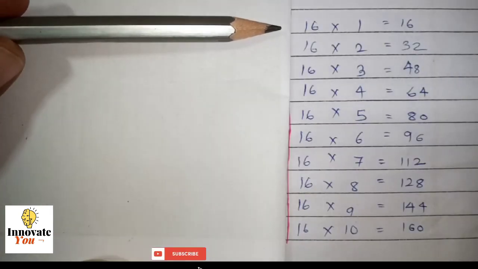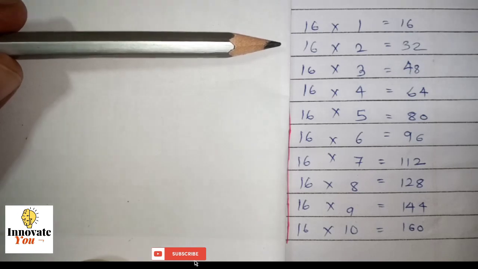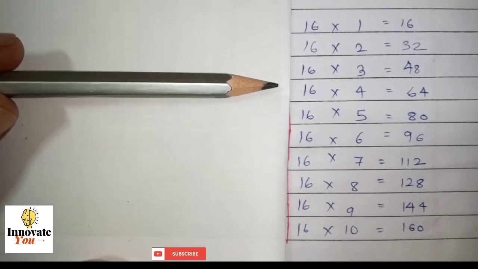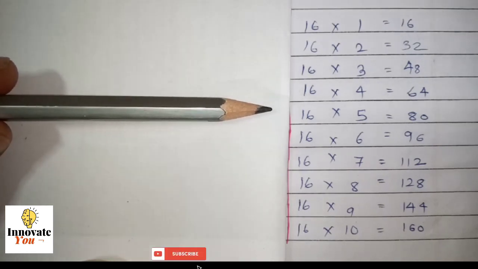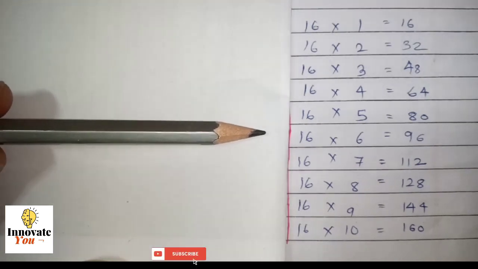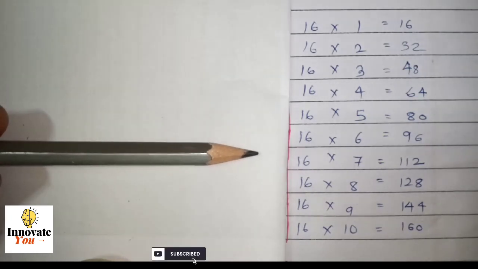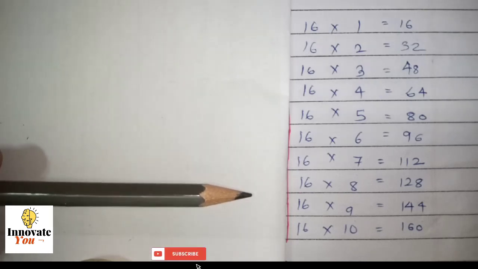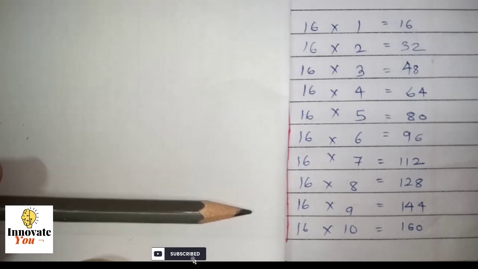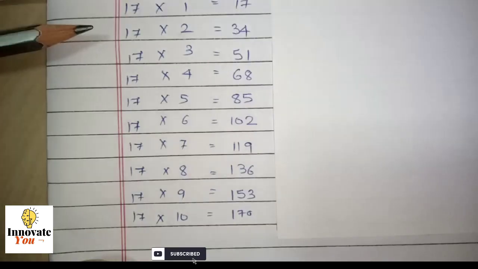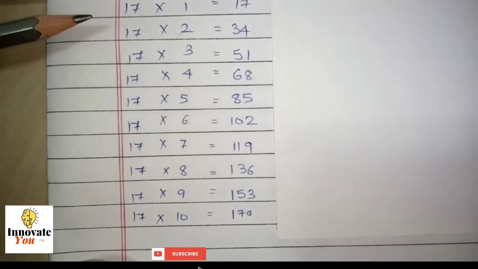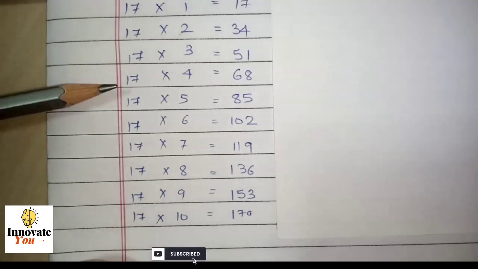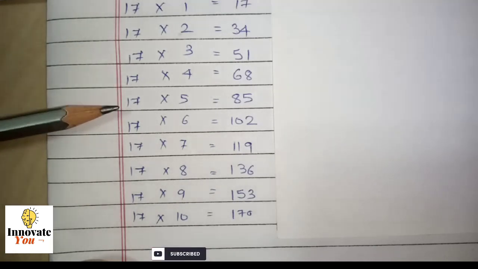16 ones are 16, 16 twos are 32, 16 threes are 48, 16 fours are 64, 16 fives are 80, 16 sixes are 96, 16 sevens are 112, 16 eights are 128, 16 nines are 144, and 16 tens are 160. 17 ones are 17, 17 twos are 34, 17 threes are 51, 17 fours are 68, 17 fives are